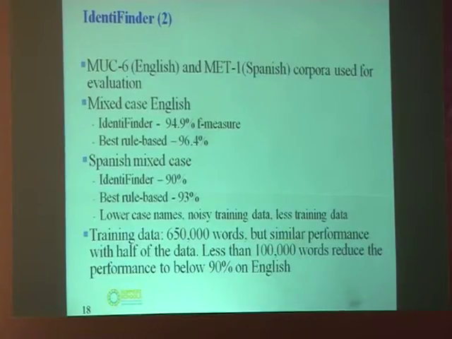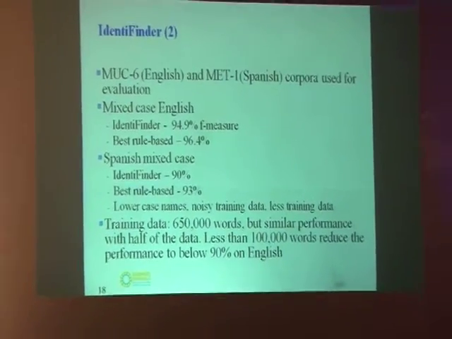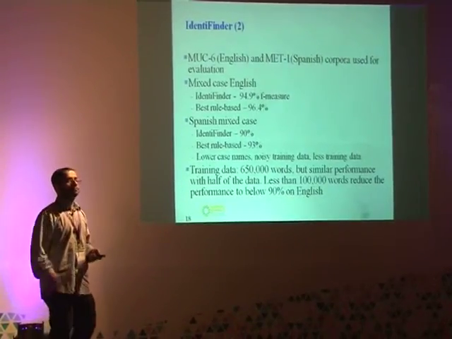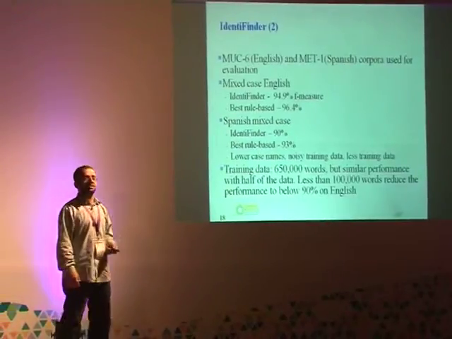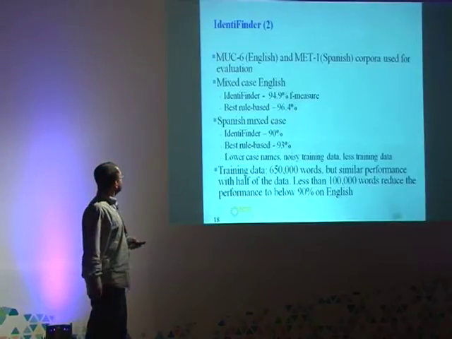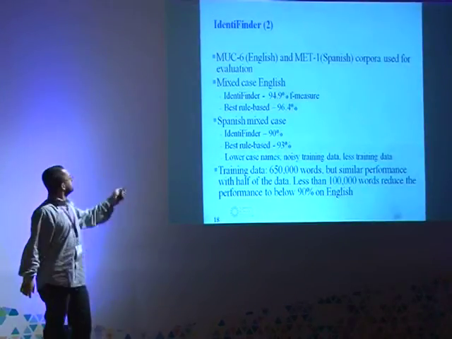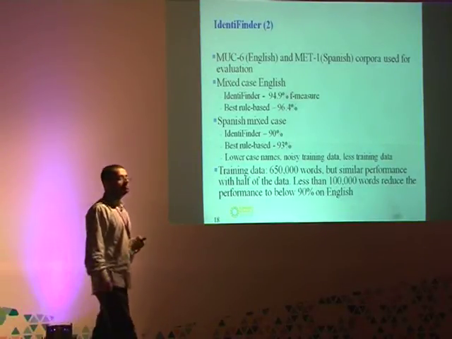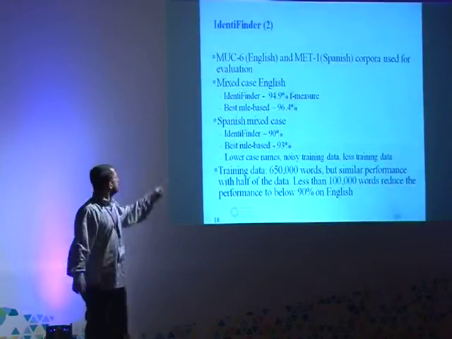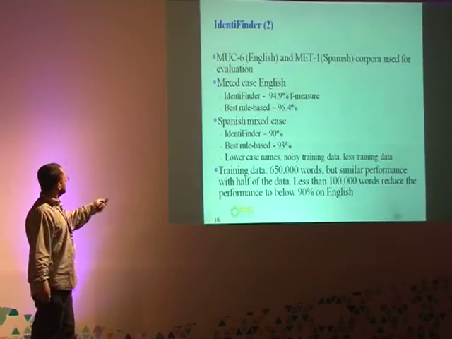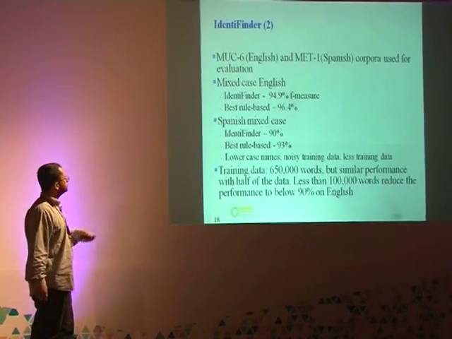So yeah, this was the earliest comparison of some rule-based annotation versus a machine learning-based technique. It was found that IdentiFinder, with a very cheap training process but intensive label collection, gave you 94.9 F-measure, whereas the best rule-based method, with a lot of intensive input from the language engineer, yielded just a 1.5% improvement. And the results were similar for another language, Spanish.